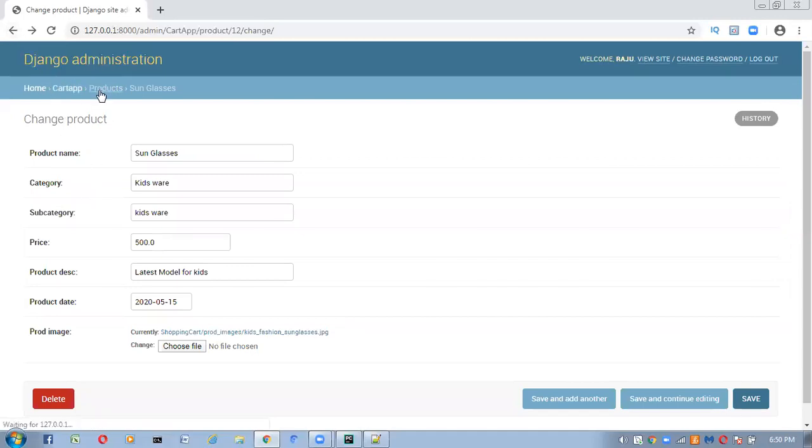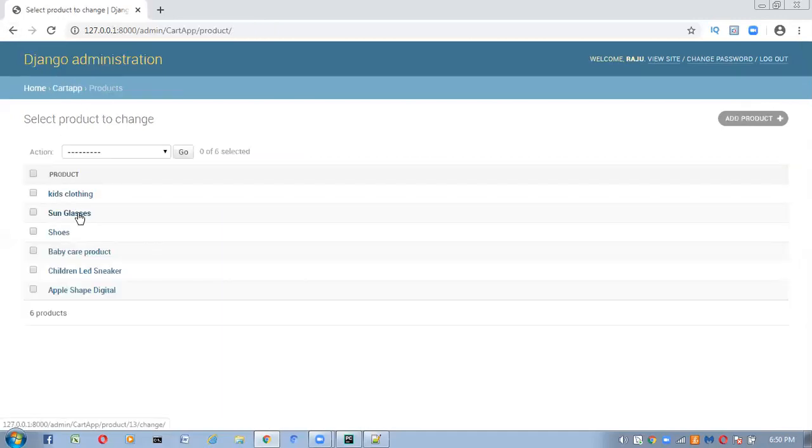These are the products. So in total how many products are there? 1, 2, 3, 4, 5, 6 products are there. Each slide contains how many products? 4 products. In that case, how many slides will you get? 2 slides. The first 4 you will get in one slide, and the remaining 2 you will get in a second slide.